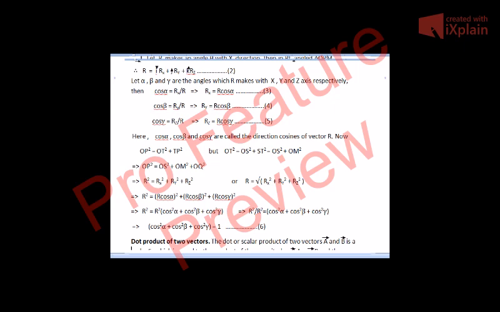And if you substitute here for cos square alpha, cos square beta, and cos square gamma, you write 1 minus sin square alpha plus 1 minus sin square beta plus 1 minus sin square gamma. You will get ultimately sin square alpha plus sin square beta plus sin square gamma will be equal to 2. So remember these two things. That is all about today's topic.